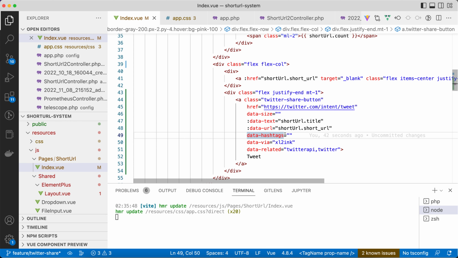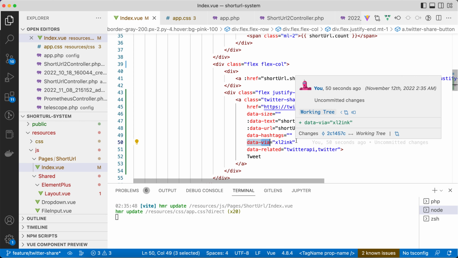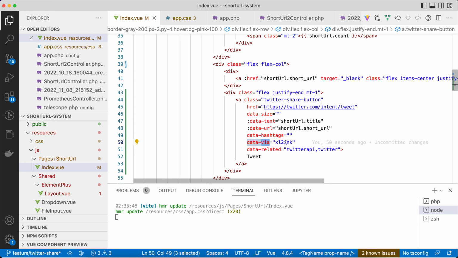And hashtags are the tags you want to put in the tweet. Remember to separate them by commas. Via is the account you want to add in your tweet. Sometimes if you are running a product, you have an official Twitter account for it, so you might want to put your official account here for promotion purposes. Okay,